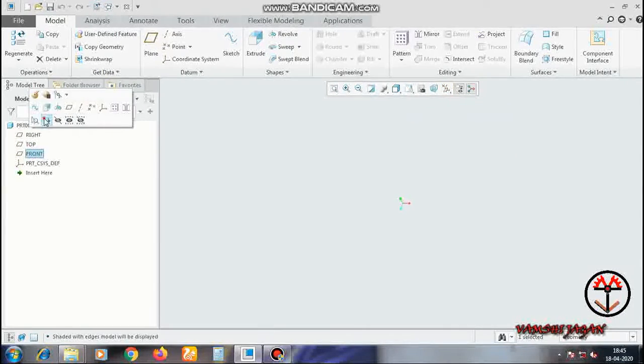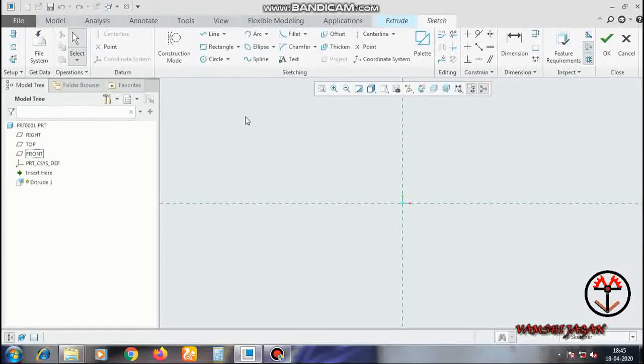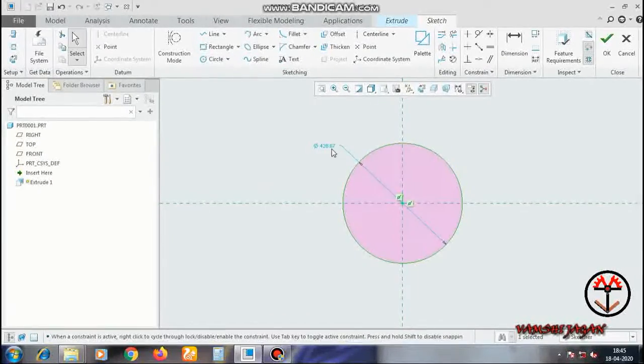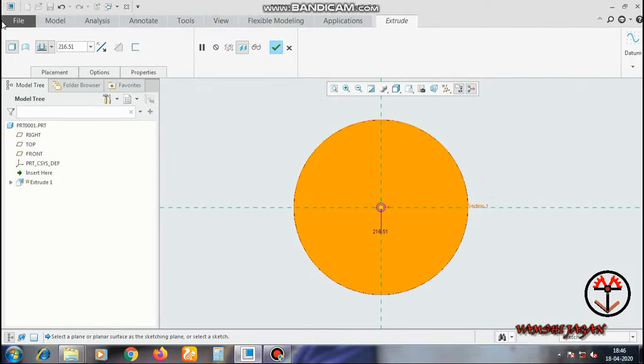After that I will click on the front plane and click on Extrude. In Extrude I will select one circle. In the circle I will keep 50 diameter. After 50 diameter I will click on OK.